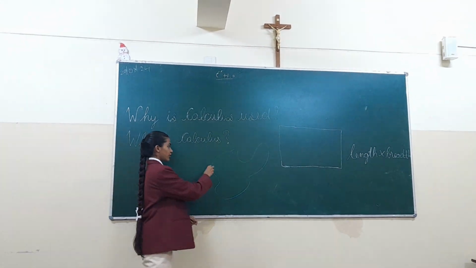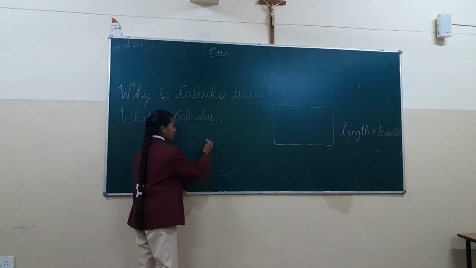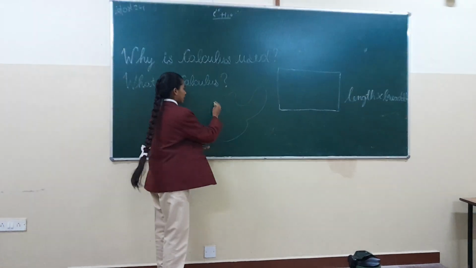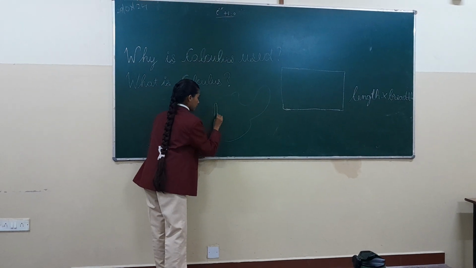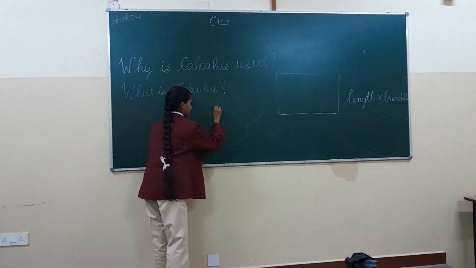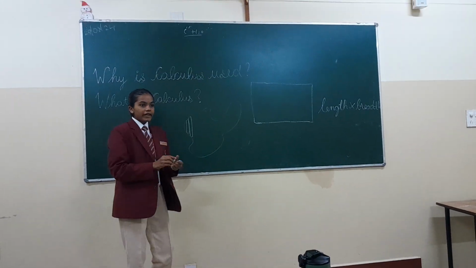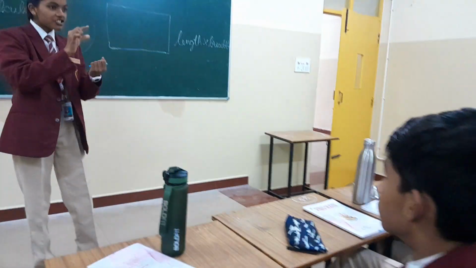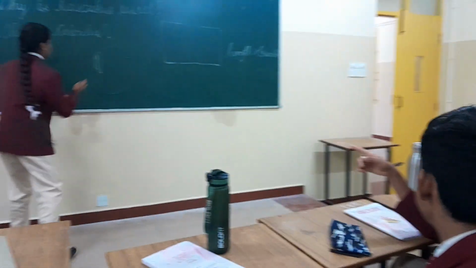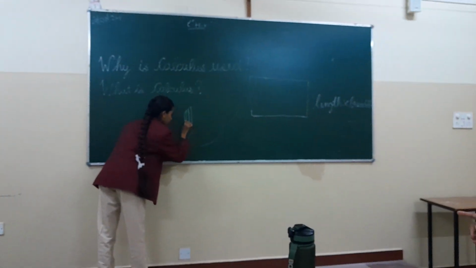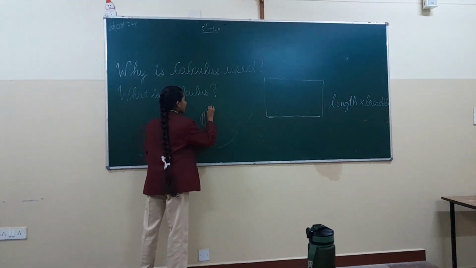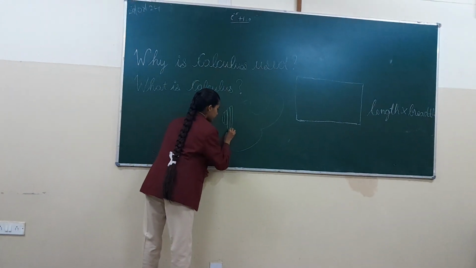So what we are going to do is divide this shape into small rectangles like this, as small as possible. But one part will be left out, no? You will make it so small that each and every part of the pool, even that edge there, is covered by the rectangles.